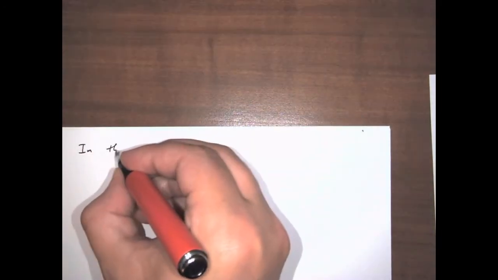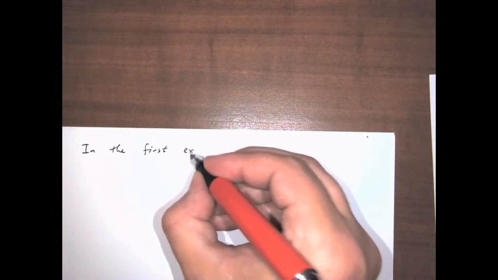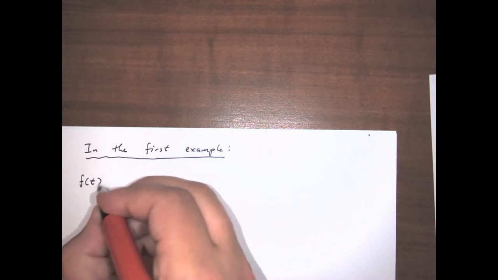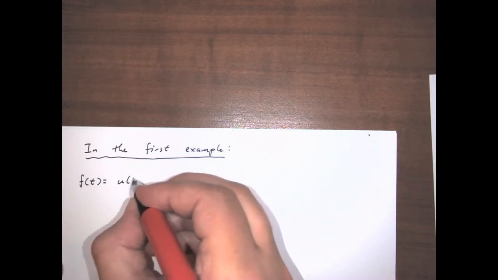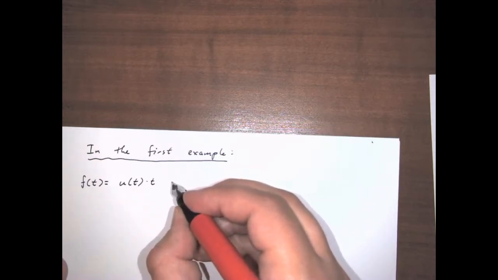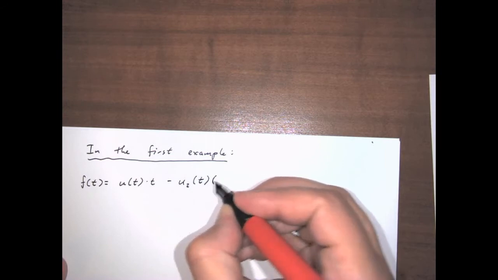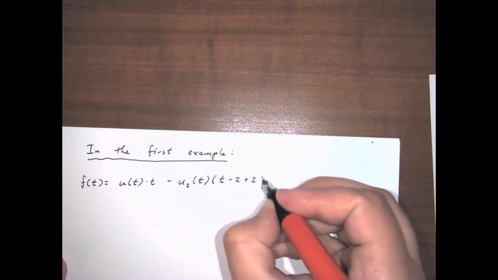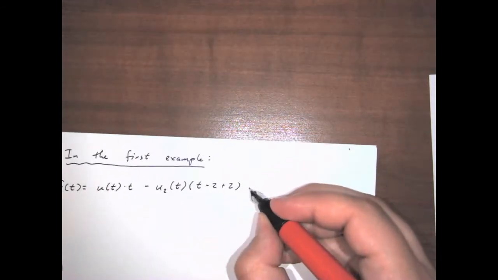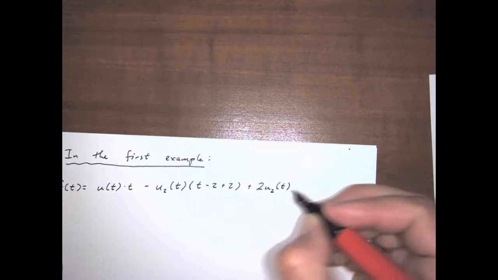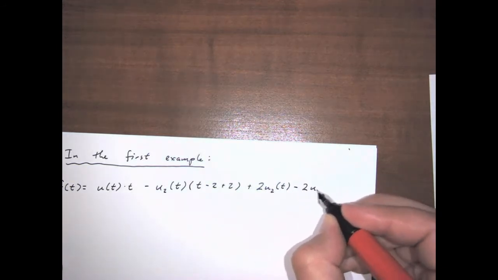Now back to the example that we had. In the first example, remember, f of t equals u of t times t minus u2 of t times, we want this to be t minus 2, so we have to do t minus 2 plus 2, plus 2 u2 of t minus 2 u4 of t